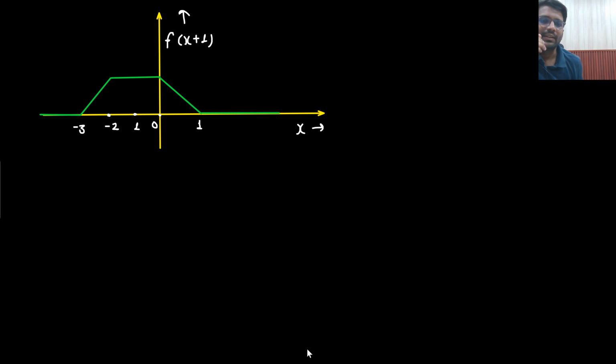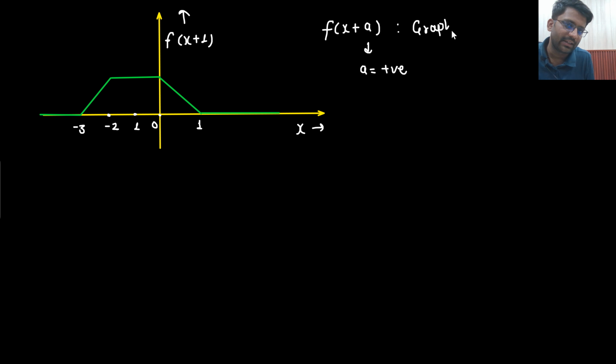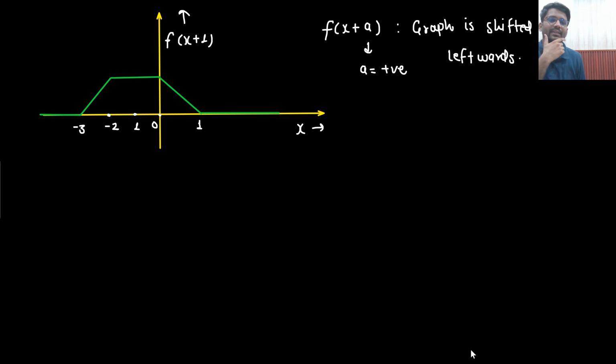You noticed one thing, that when there is f of x plus a, where a is a positive value, then the graph is shifted towards the left hand side, or you can say leftwards. So if it is positive, then it will be shifted towards the left hand side, and if it is negative,